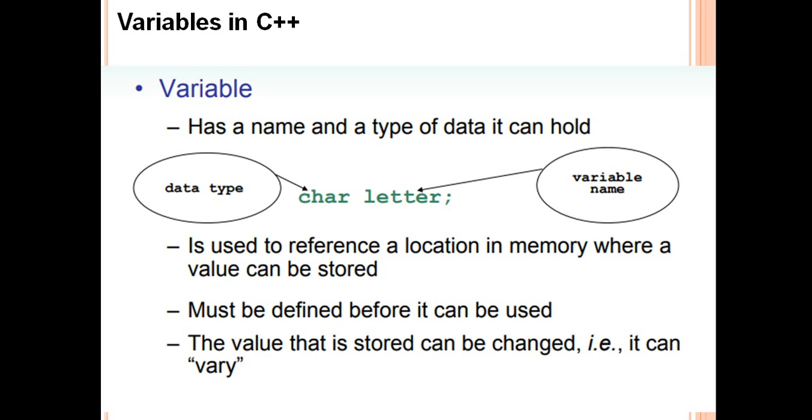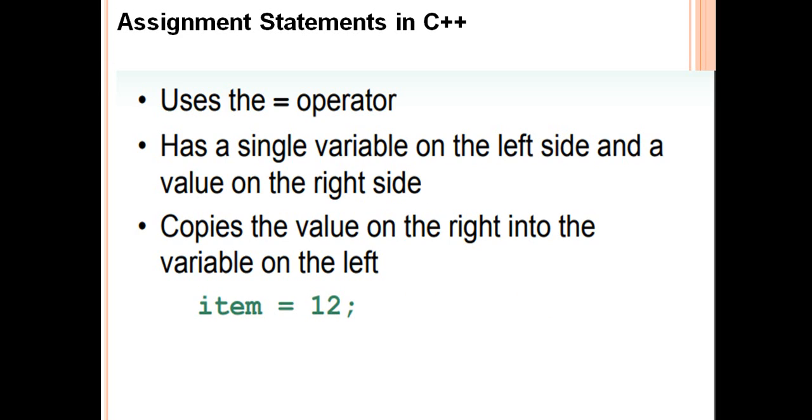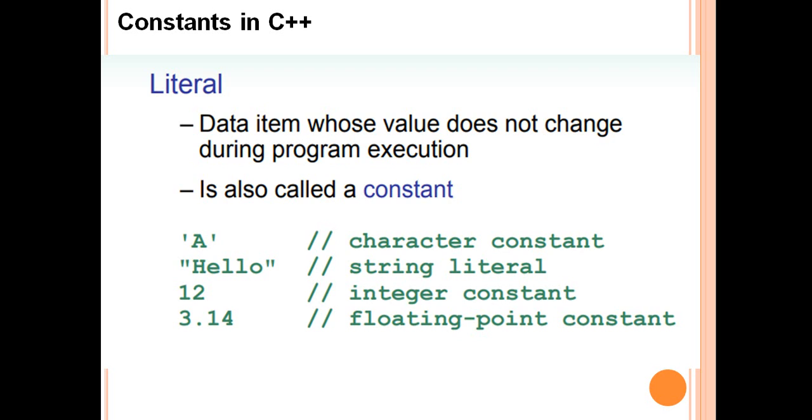So let us discuss variables in C++. A variable has a name and a data type, which is the type of data it can hold. So we have here the data type char, and the variable name letter, used to reference a location in memory where a value can be stored. It must be defined before it can be used. The value that is stored can be changed. It can vary. Assignment statements in C++ use the equals operator, with a single variable on the left side and the value on the right side. It copies the value of the right side to the variable on the left. In this example, we have item = 12;